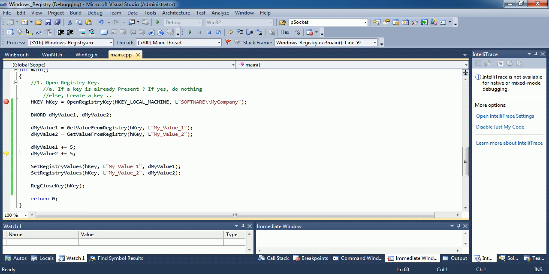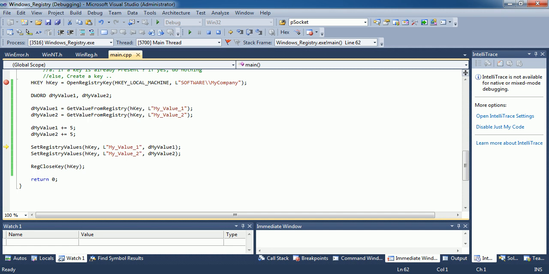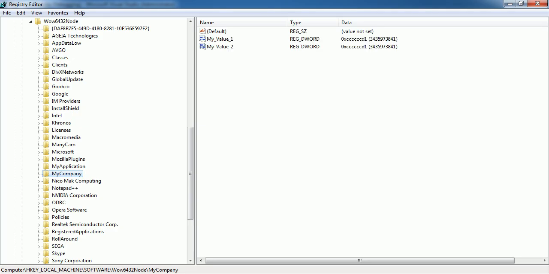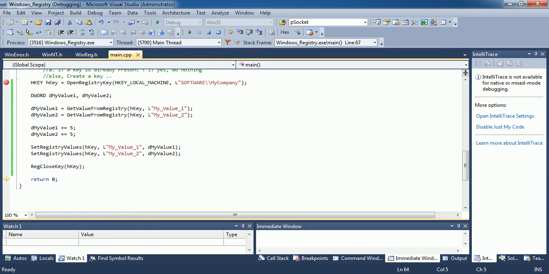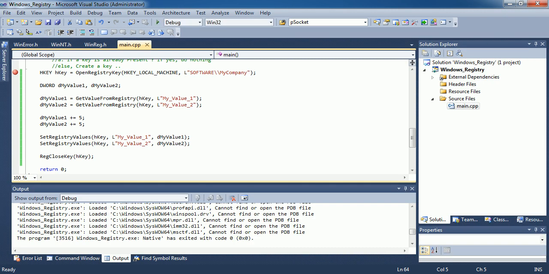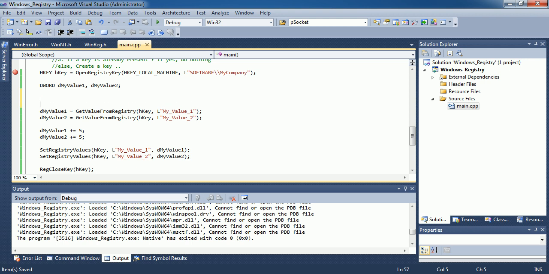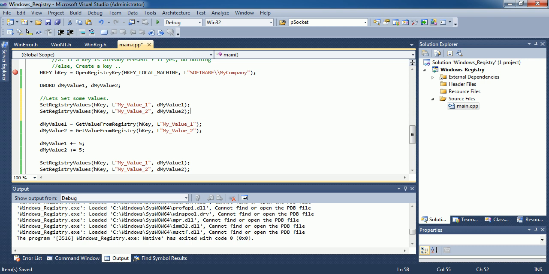So it's giving some garbage values, because we are just setting some two values here, so these things are not proper. Now why does it say garbage? Let's set these two values first in the beginning, before getting the value. Let's set some values here. Let's set it to 0 0,